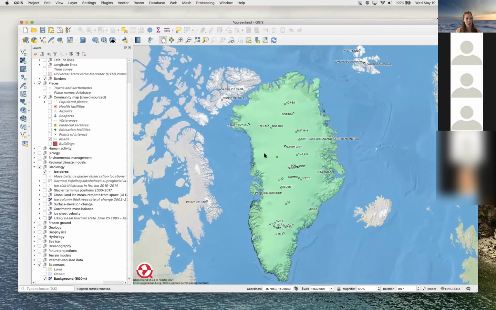All right, so we've edited an existing QGreenland data layer. We've created a new layer from scratch, which is very similar to editing a data layer, a lot of the same functionality. But what if you wanted to add your own data layer, your own data set to your QGreenland project? How would you do that? So for this,